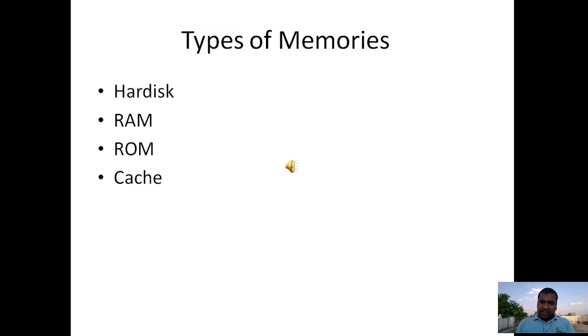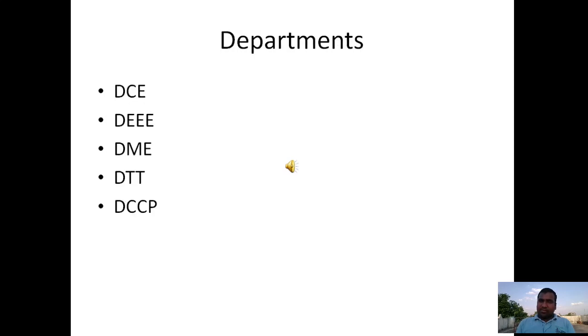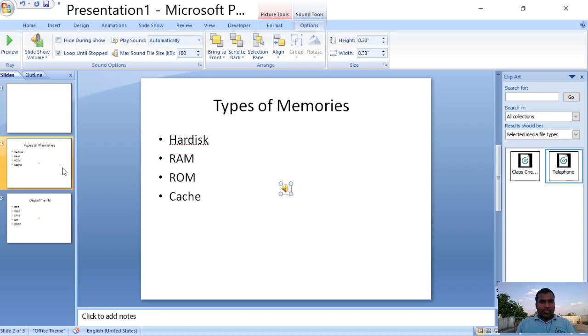When I move towards the next slide, then this sound is going to stop. Here in this slide we have kept this sound file as on when clicked. So this is about looping.